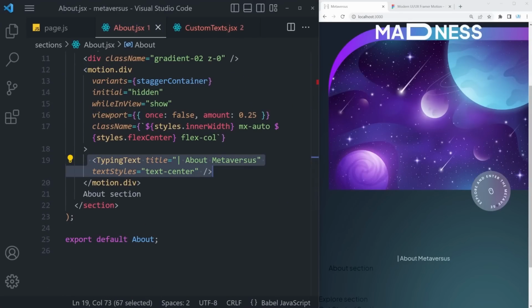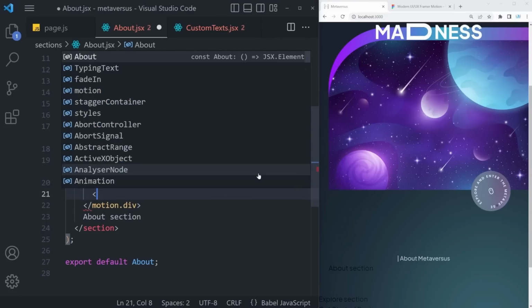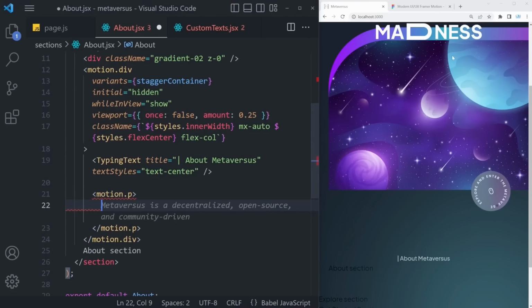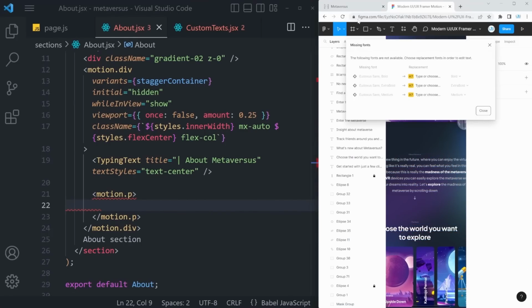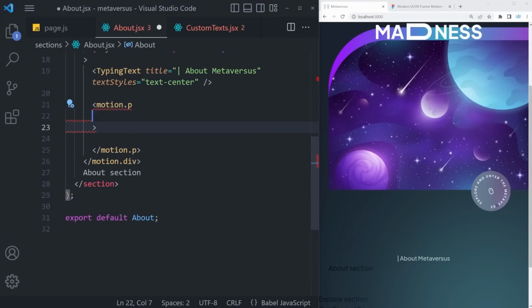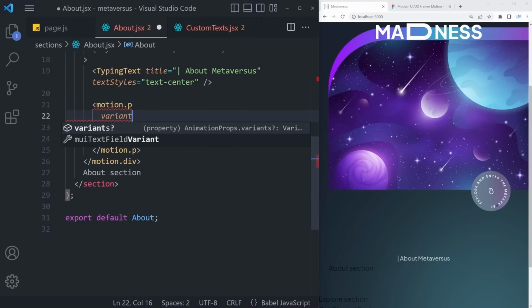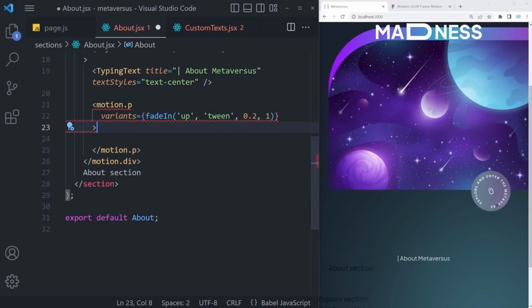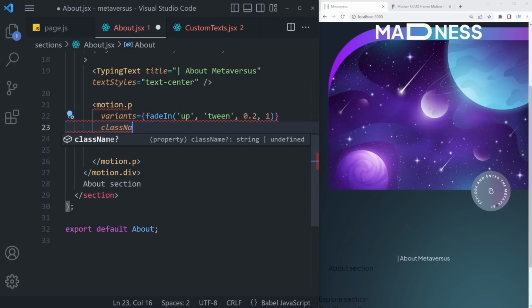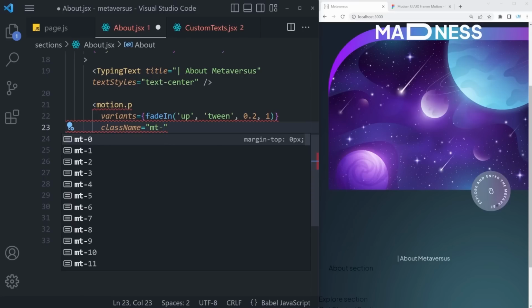Typing text component is done. The next thing we have below the typing text is going to be another motion.p. That is for this huge block of text that you can see right here. That motion.p is going to have variants set to fade in, up, also tween, also 0.2, that's going to be for the delay, and then 1 for the duration. We can also give it a class name equal to mt-8 pixels,